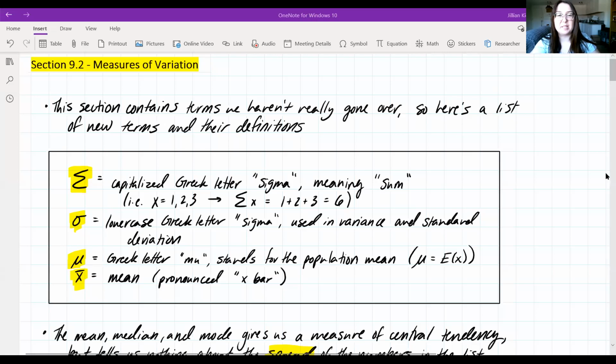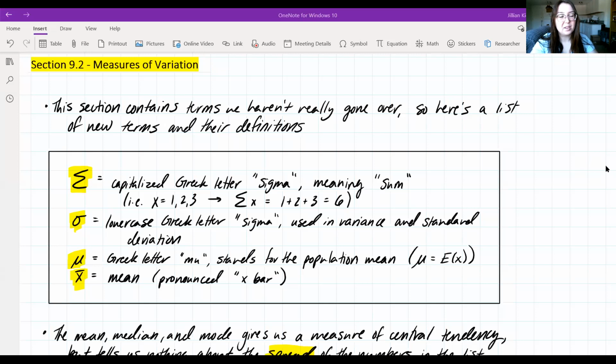Hello everyone, we're going to be talking about section 9.2, which is going to be about measures of variation. This section contains terms that we haven't really gone over, so here's a list of new terms and their definitions. You may have seen one or two of these definitions or symbols at some point, but we're going to go over them now so we all have a good idea